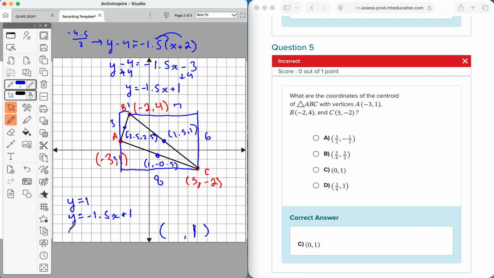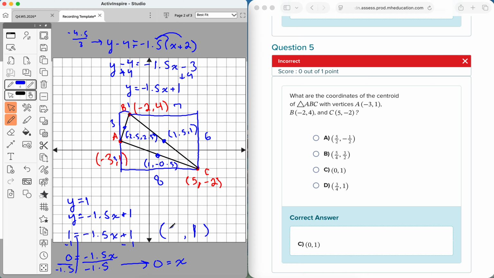This is smart. This is saving us from having to make another equation for a line. Alright, so I've just replaced the y with a 1, and now we're going to solve this for x. Take away 1, take away 1. 0 equals negative 1.5x. Okay, and then we can divide both sides by negative 1.5, which won't do anything because we know that 0 divided by anything is just 0. So x equals 0,